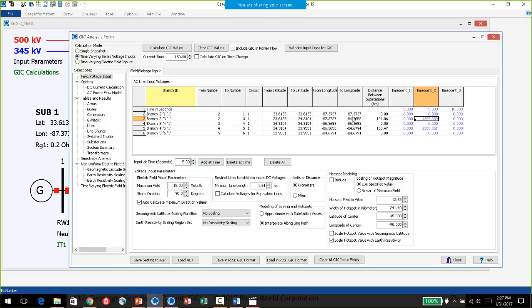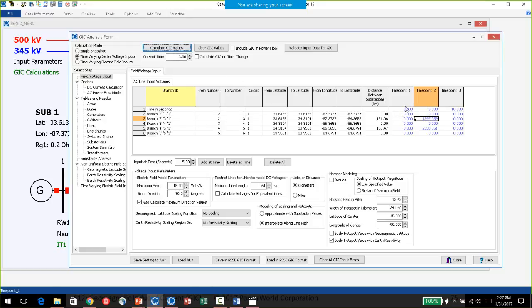So you don't really have to interact with this diagram other than to verify that you have some time points added. And then what you can do up here is change the time in the power flow, for example, to any arbitrary time in seconds, and then click calculate GIC values.